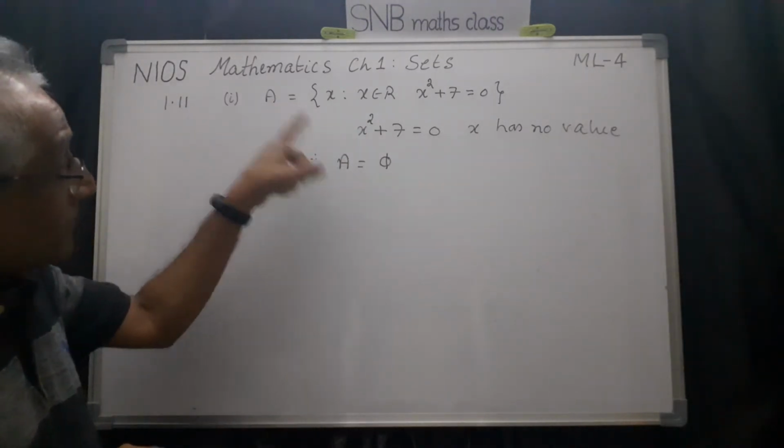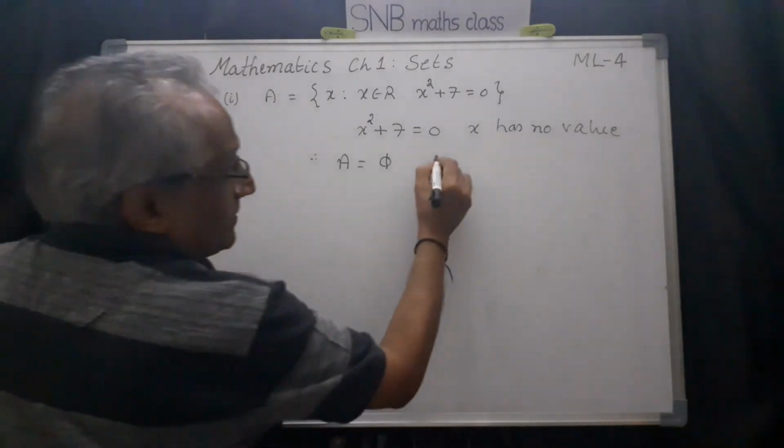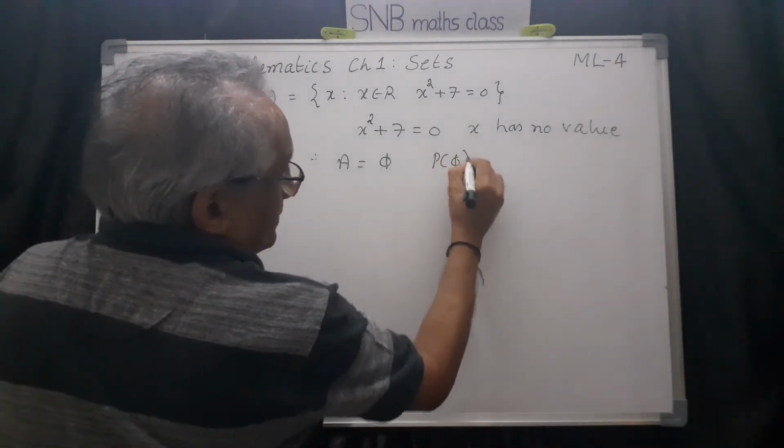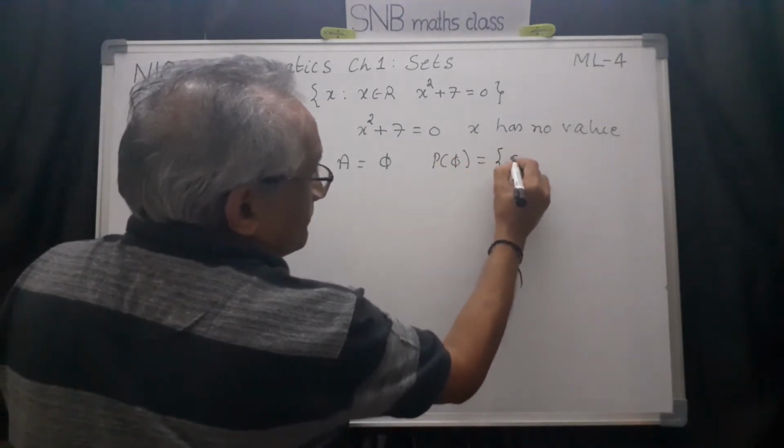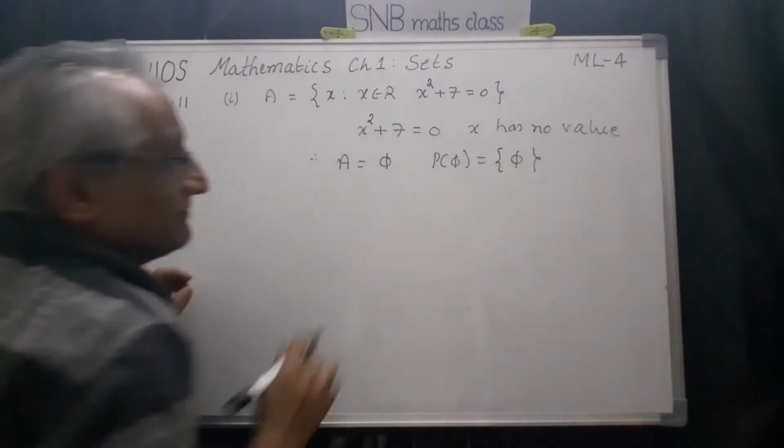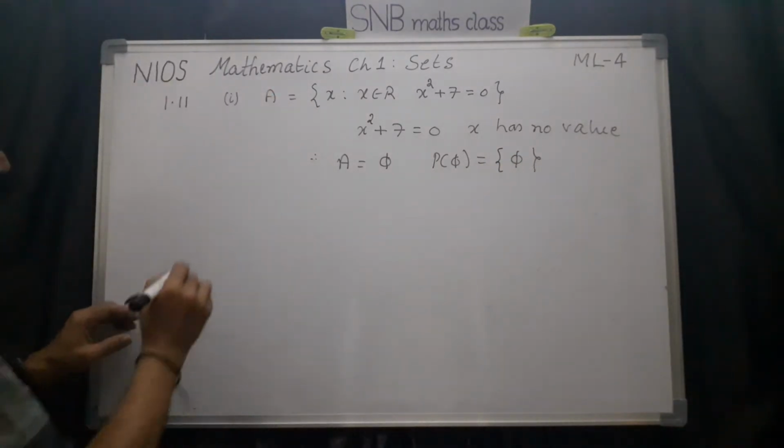So what is the power set of pi? Therefore, power set of pi is actually the set containing pi only. So only one element. So this is power set. Second question